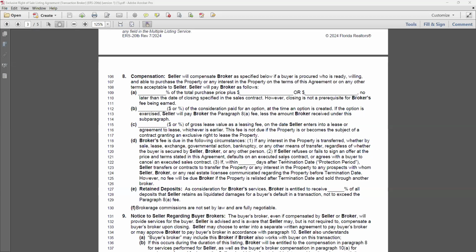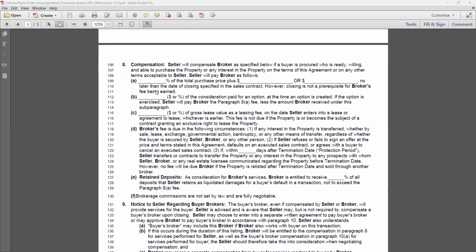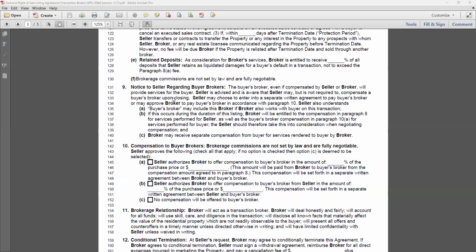So let's say they are willing to pay a total of 5. Fantastic. They're willing to pay a total of 6. That's the figure you put in 8A. Because let's say, hypothetically, they're willing to pay 6 sandwiches. You put 6 here in 8A, and then down here,